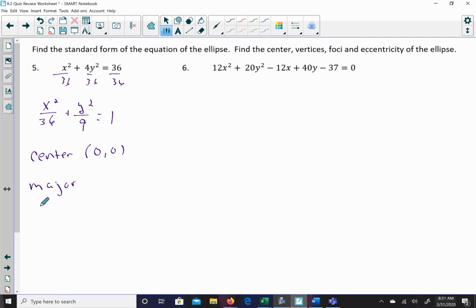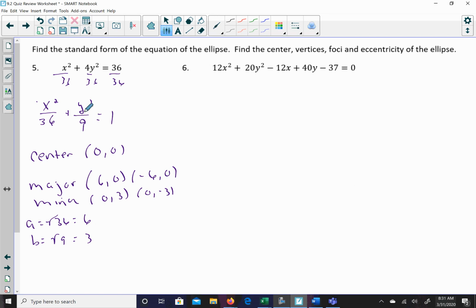So a will be the square root of 36, so a is 6. B will be the square root of 9, so that would be 3. My major vertices, I'm going to add that 6 to what variable goes with, which is the x. So it'll be (6, 0) and (-6, 0). If I were graphing this, I would want to know my minor vertices. And so those would be (0, 3) and (0, -3), because you're going to add and subtract that 3